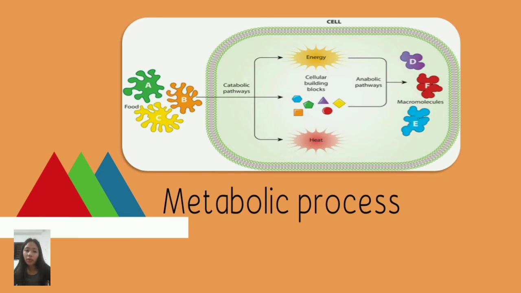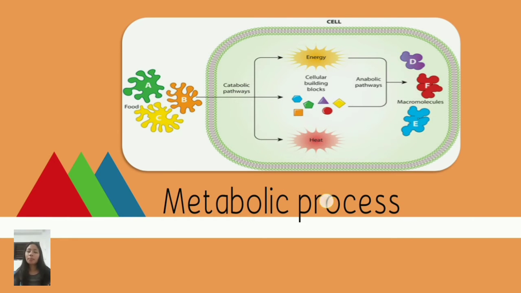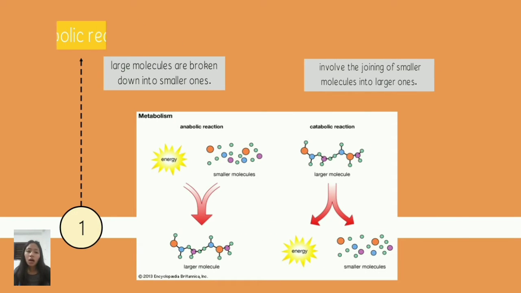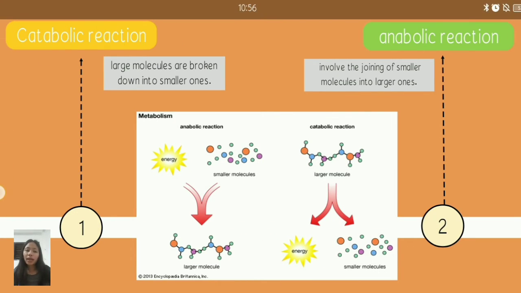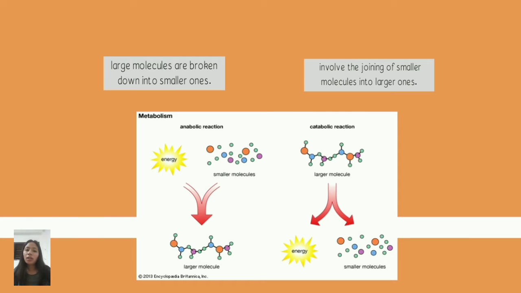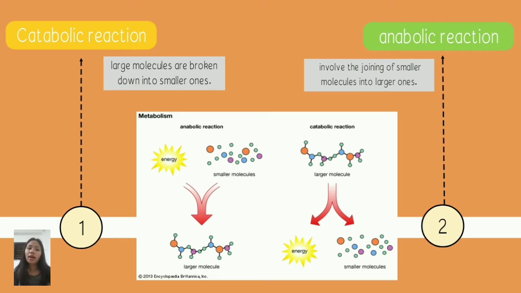The first category of the metabolic pathway is the catabolic reaction. This happens when large molecules are broken down into smaller ones, as you can see in the images,